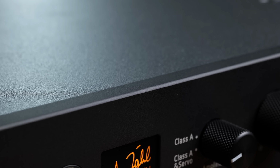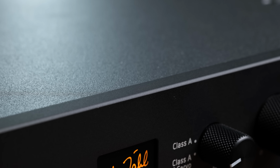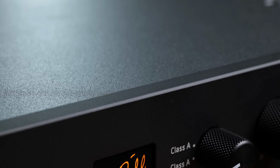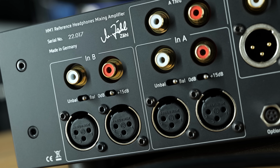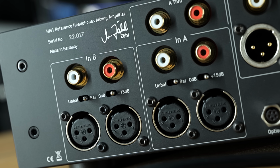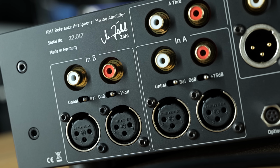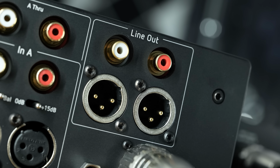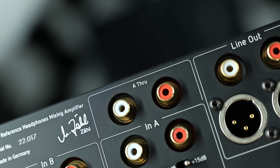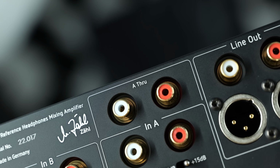Both units have a dark grey finish, which for the faceplates is a smooth, almost ceramic effect, and the main body has a subtle but welcome sparkle to it. The rear of the unit has 2 sets of inputs, each with a balanced and unbalanced option, and 2 outputs, one of which is a preamp output with balanced and XLR connections, and the other is an A through output